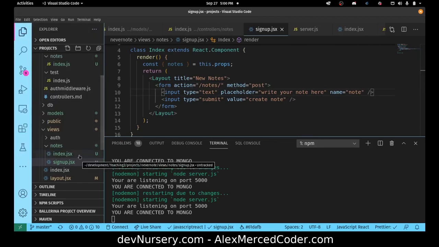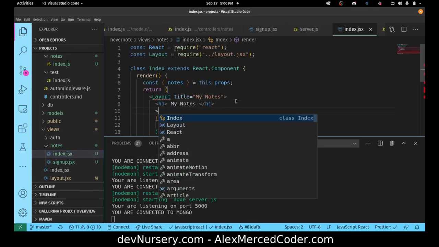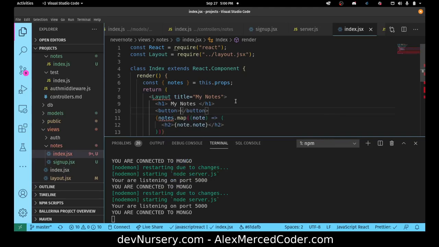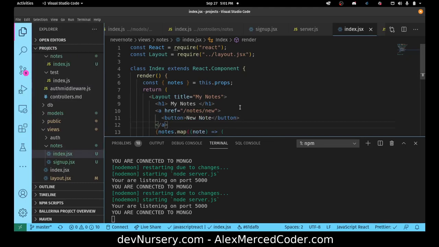I just need a link from the index page. So let's create a button that says new note. And let's wrap that button in a link. href equals /note/new. So that way when you click on the button, it takes you to the page. Okay, again, this is not going to look super pretty right now, but